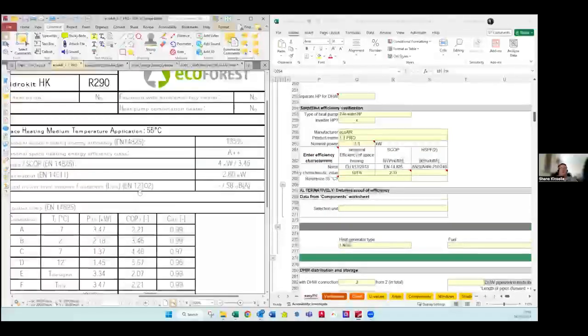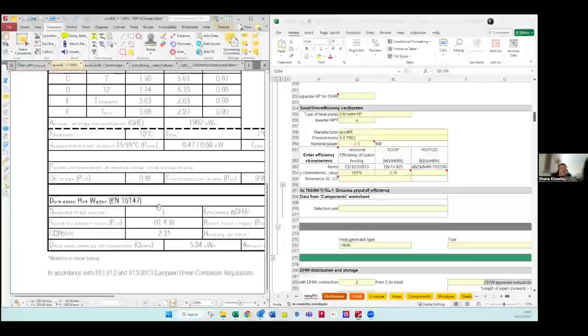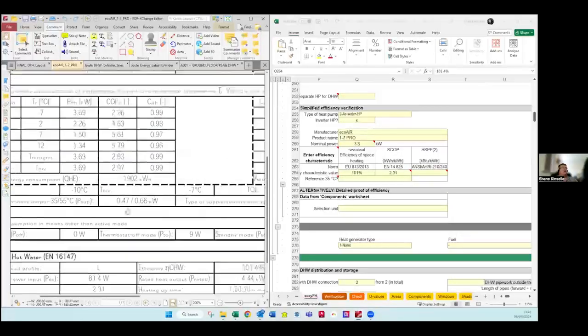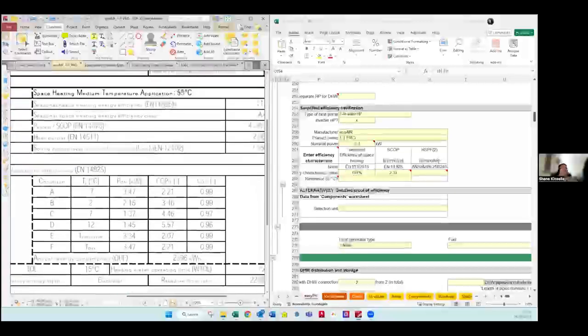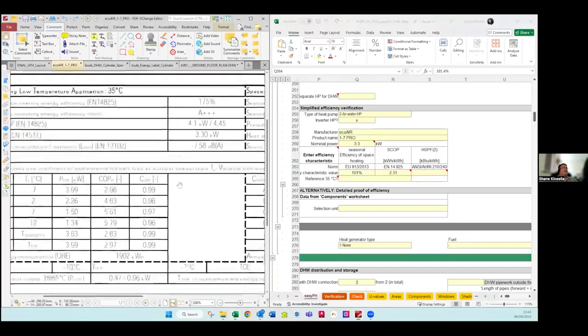There's no problem doing that. I would tend to say try and use the 16147 data if you have it to hand. If not, use the 55-degree data up here to provide those values. And if you have nothing, only 35-degree data, when you're really scraping the bottom of the barrel, then you can